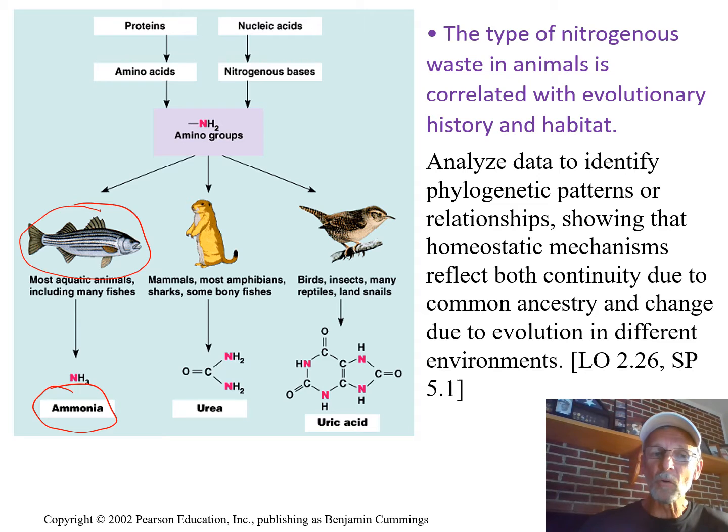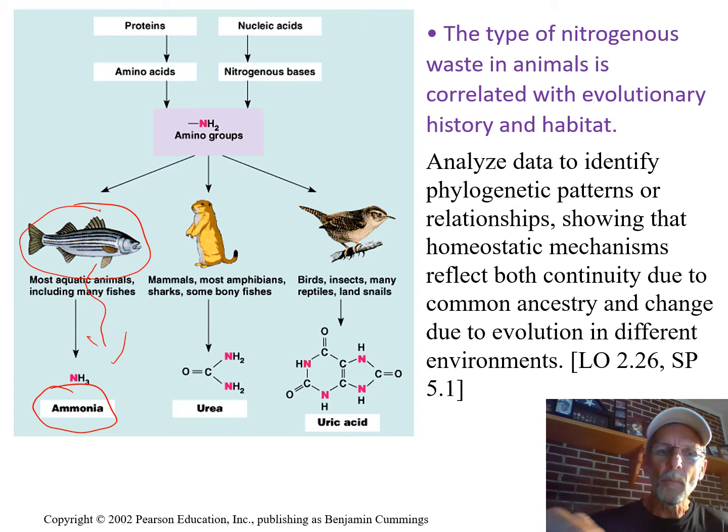But since you live in the water, it's kind of handy because you can just allow this ammonia to diffuse out of your cells, most of your gill cells, because the rest of you is covered with layers of slimy skin and scales that are impermeable to water, right? Most of the water is coming in and out via your gills and you're swallowing it. This ammonia, as it builds up, can just diffuse out of cells